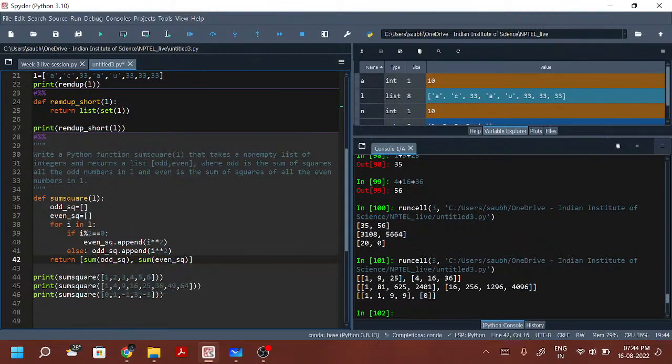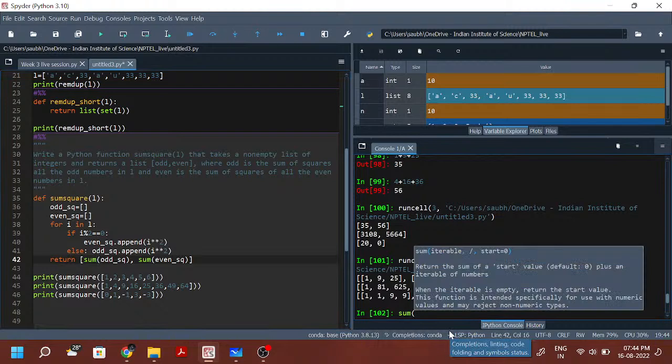Is sum a predefined function? Sorry, yes, sum is a predefined function. So if you just say sum of any values, you should put an iterable. You can see sum is already here, and it takes an iterable, and start equals 0 by default. So if I say sum of